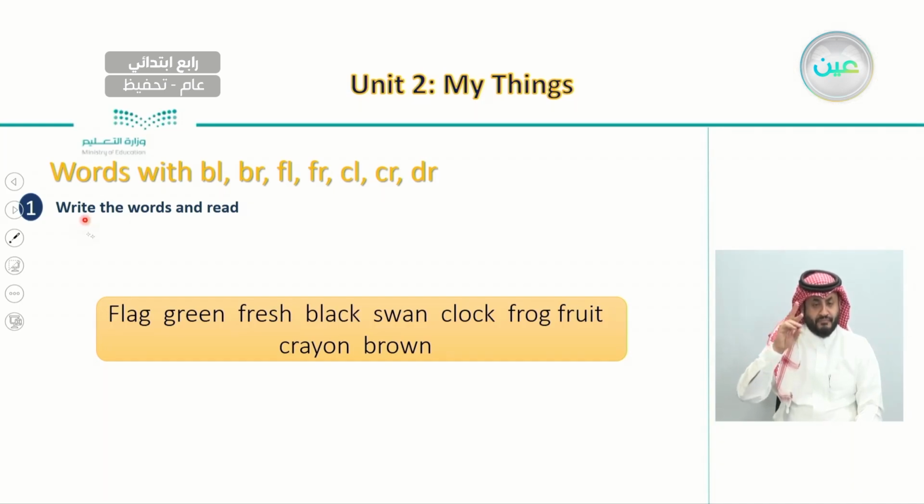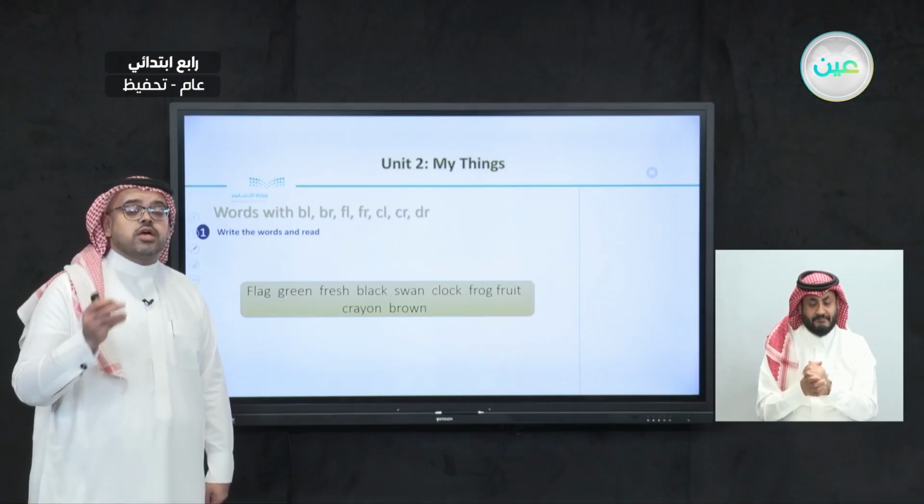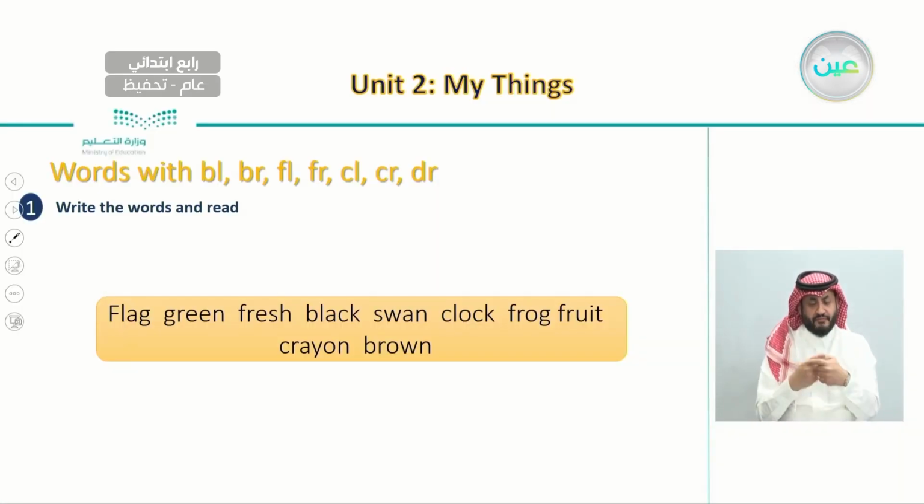What we're going to do is write the words and read them. So here, as you can see in this list, we have more than 10 words that we need to fill in these blanks. So before we try to answer this exercise, let's first read these words. I'm going to say each word and I would like you to say them after me. So the first word we have here is flag, flag,